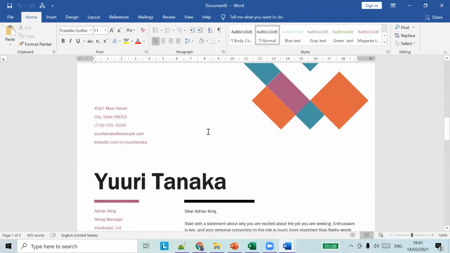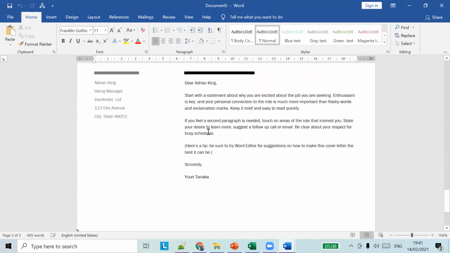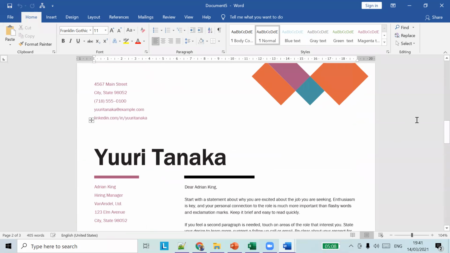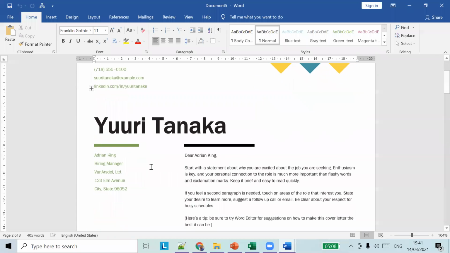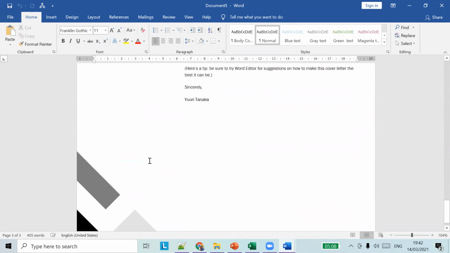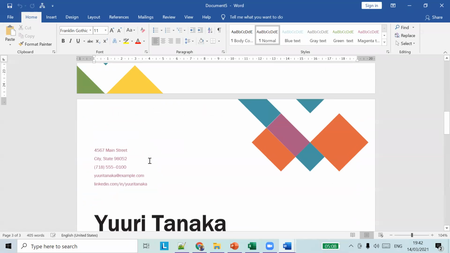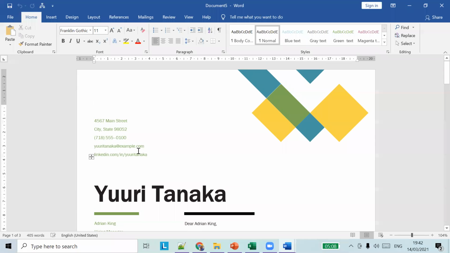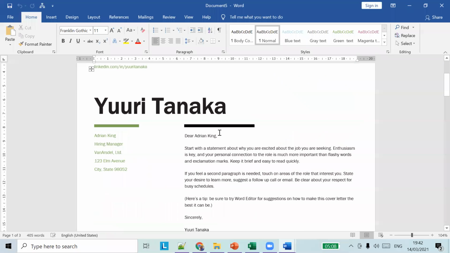Here you can see. So see, even the single template, right? It comes with a lot of colors and different types, right? So you can choose any one of these things, and you can start editing your address and all the templates which is already available.